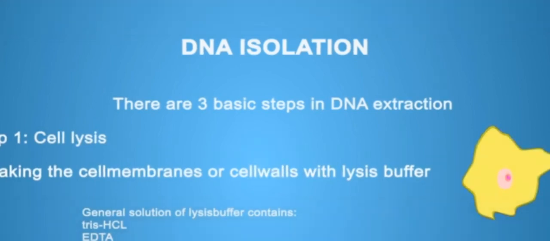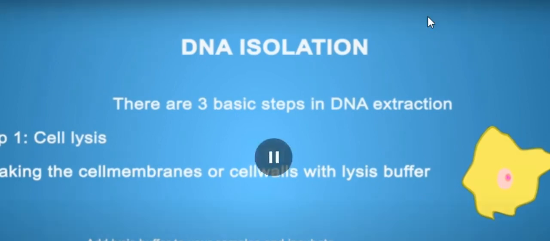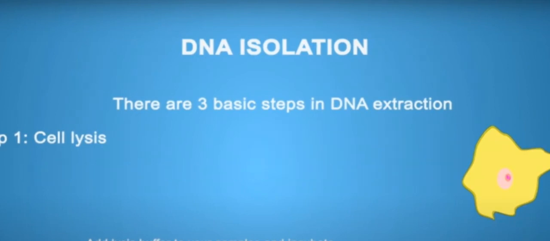Then next, look towards the second step. You have to add this lysis buffer to the sample. It means if you collect the chick cell, then you have to add the lysis buffer into that chick cell sample and incubate at 30 degrees Celsius to release DNA and protein. You have to keep this at 30 degrees Celsius to release DNA and its associated protein. DNA is generally attached with histone protein.